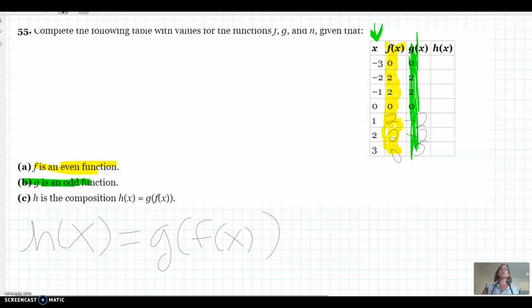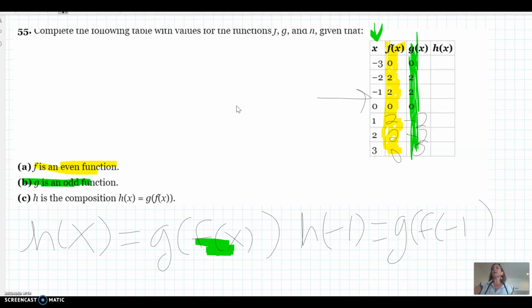So I think we're only going to have time here to do like 1 or 2. You start with x and you plug x into f. When you get that answer, you plug that into g. So we'll do one example with the composition. I'm going to take -1. So if I wanted to do h of -1, that means g of f of -1, because that's how they define this function for me, and I just replaced x with -1. Now I go here, and when x is -1, f of -1 is 2. So I'm going to replace this whole thing